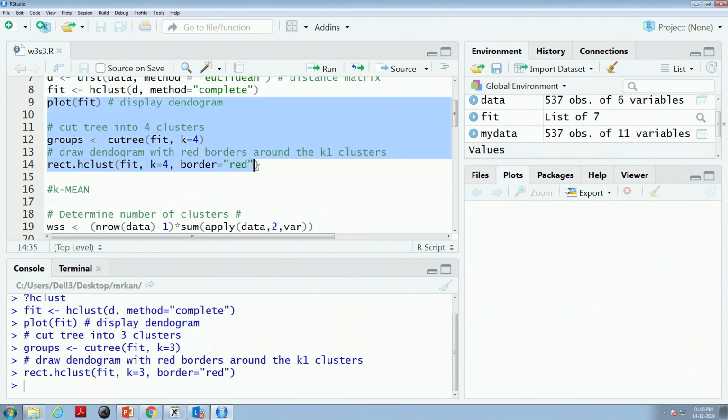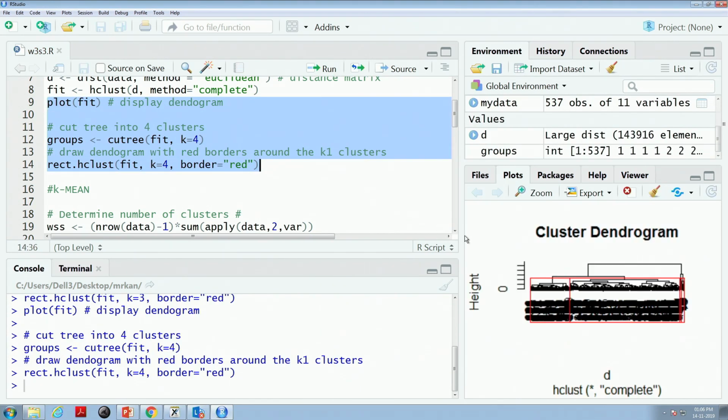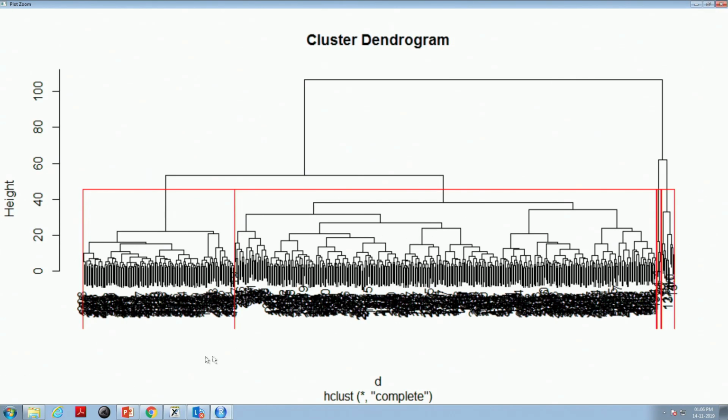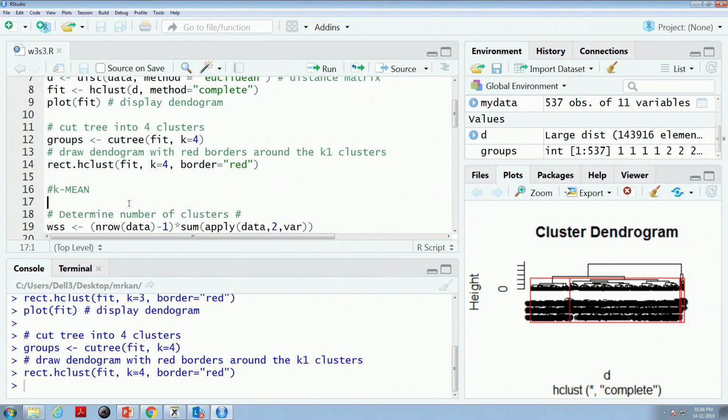So, I plot this once more and break it into 4 segments, and now carefully see that each segment has some meaning. This is one segment, this is segment number 2, which is a big one, and segment 3 and segment 4 are very small, but they have some meaning. That is why they are coming up like that, and we will discuss that.